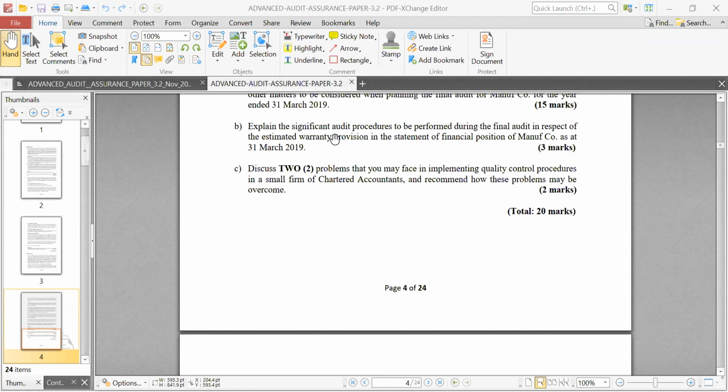If you pick, let's say, recalculation, you can say, we'll recalculate the warranty provision. So your client says the warranty provision is 15 million. So let's recalculate it. You say X% times maybe revenue to arrive at that number. So these are all strategies. Please don't go into the exam forgetting this. Okay.